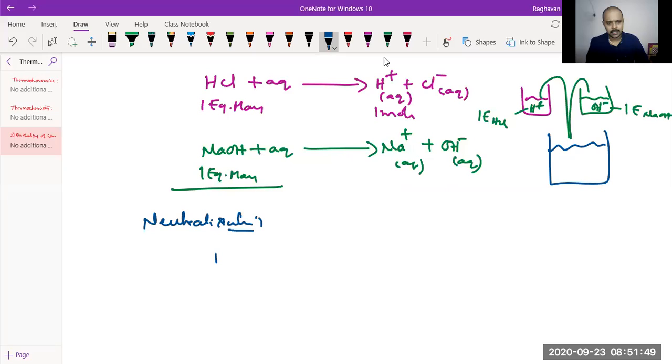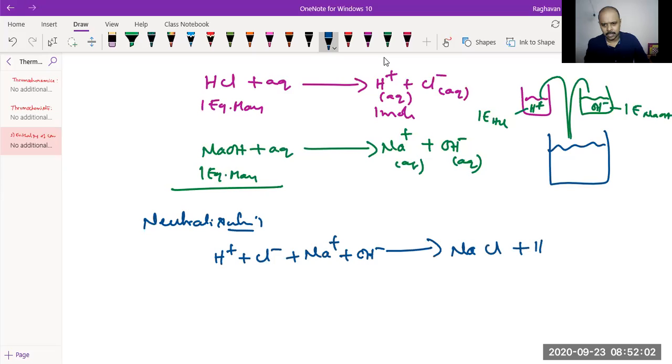What is neutralization? H plus, Cl minus, Na plus, OH minus. They combine to give what? NaCl and water. But this NaCl is again a salt. In the aqueous medium, it remains as Na plus and Cl minus. Now, the ions which are there before the reaction and after the reaction are called spectator ions. They simply are there to see. Okay, they get cancelled. So therefore, during neutralization of a strong acid and strong base, the net reaction